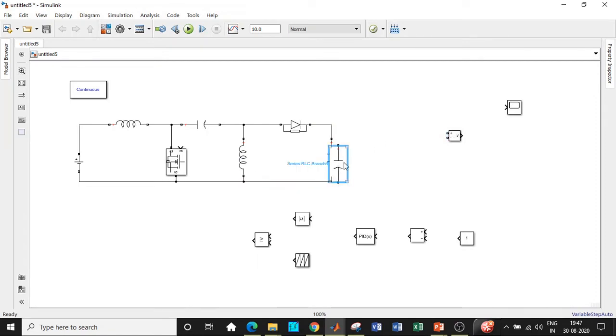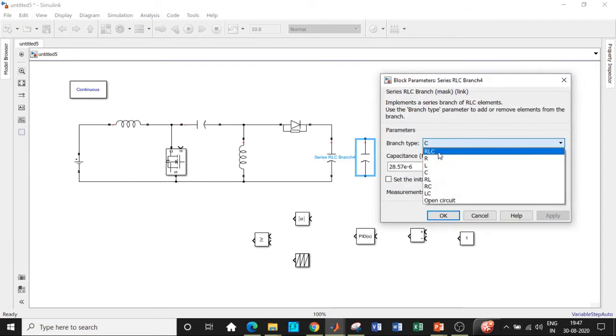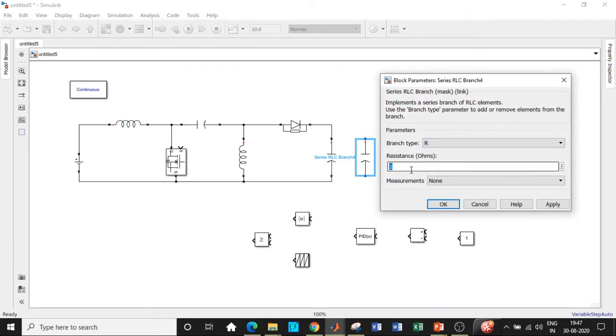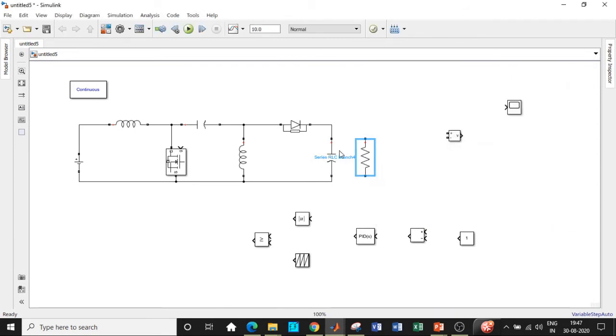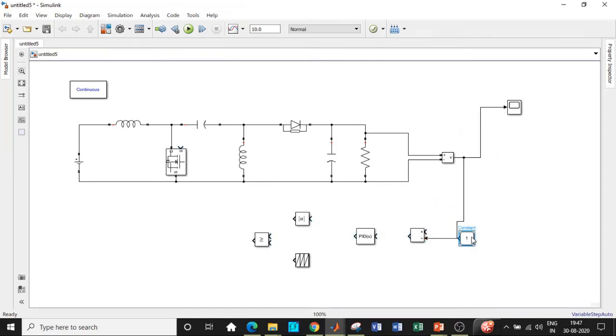Control C and Control V, will be using a resistor. So change the value of resistance to be equal to 2 ohms and connect it in this particular fashion. So once all of these are done, we'll be measuring the voltage across the resistive load in this fashion, and we'll be giving it to the scope. So we will be taking the tapping from the scope over here in this particular fashion, and the reference value,